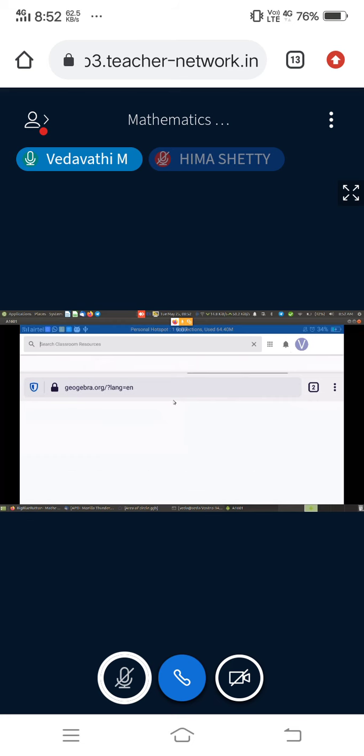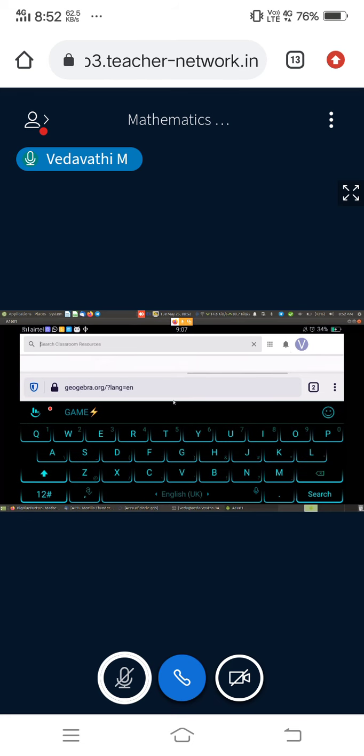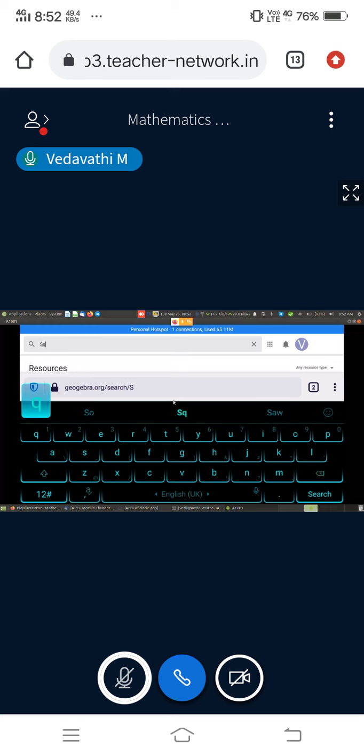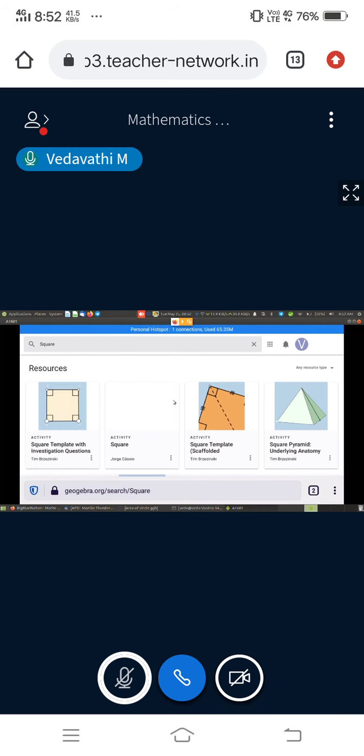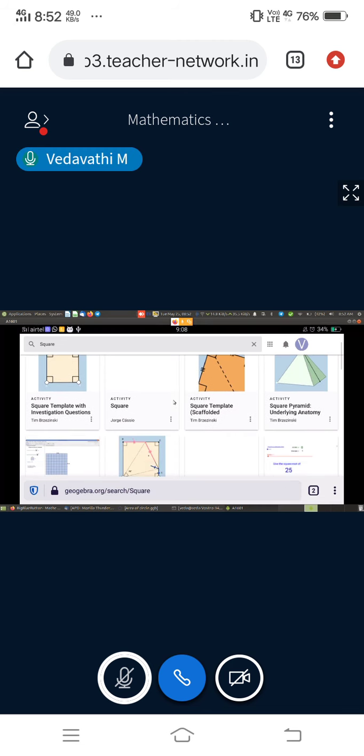Now I'll enter some square constructions or any triangle, polygon. Let me search for square. Now I'll click on search.